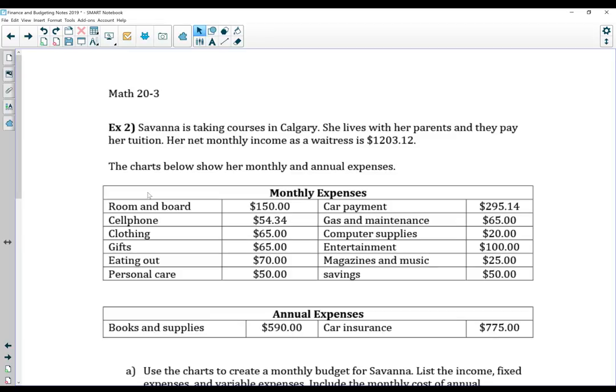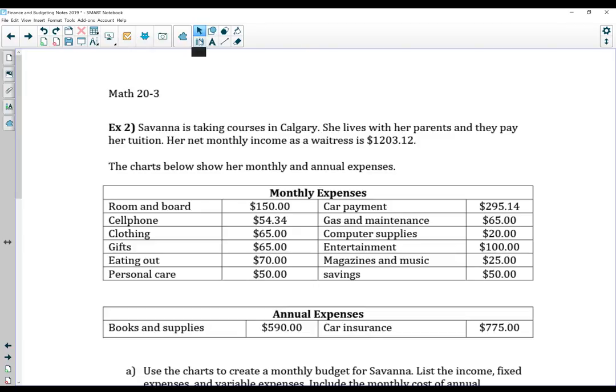Okay, ladies and gentlemen, here's another example of a budget that you might be expected to go through on a test and answer some questions for. So let's read through it and we'll answer questions based on the information we're given. So it says Savannah is taking courses in Calgary. She lives with her parents and they pay her tuition. Her net monthly income as a waitress is